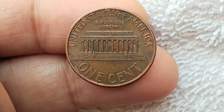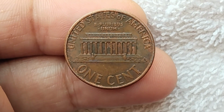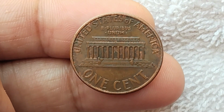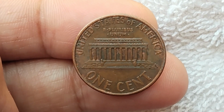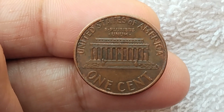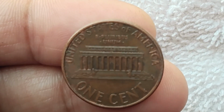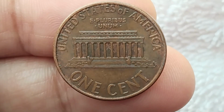So why the 1998 Lincoln Memorial penny? While it might look like any other penny to most, there are specific details that set some 1998 pennies apart. In very good condition, this coin is already a rare find. But certain errors and mint marks can turn an ordinary penny into a potential goldmine for collectors. These coins are 97.5% zinc and 2.5% copper, with a weight of 2.5 grams, but sometimes small changes or misprints